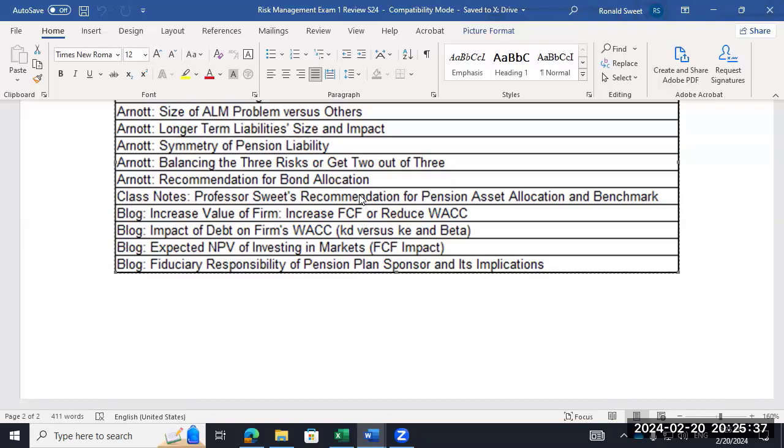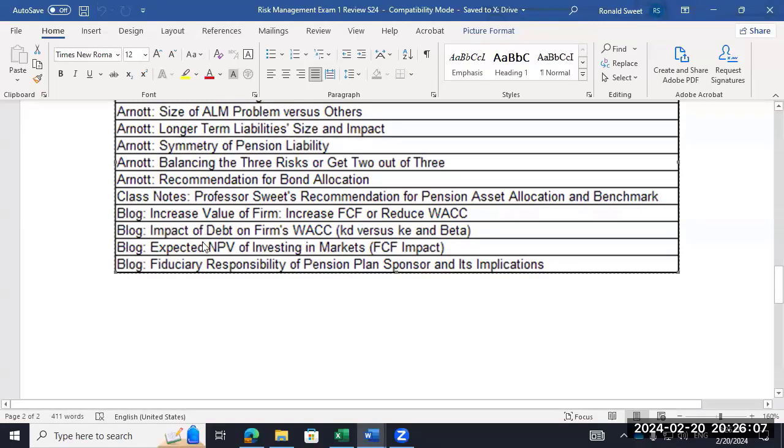What do life actuaries do? All they care about is ALM risk. I've never heard a life actuary worried about peer risk. It's like, oh, wow, our portfolio is up 6.2, but the benchmark was up 6.22. What are we going to do? They don't care. They're all focused on the liability. Why? Because that's their job, to take care of those customers. So that's what I recommend. I even gave you an example of, here's the return of the assets, here's the return of liability, everything's good. Any questions? It's very simple.